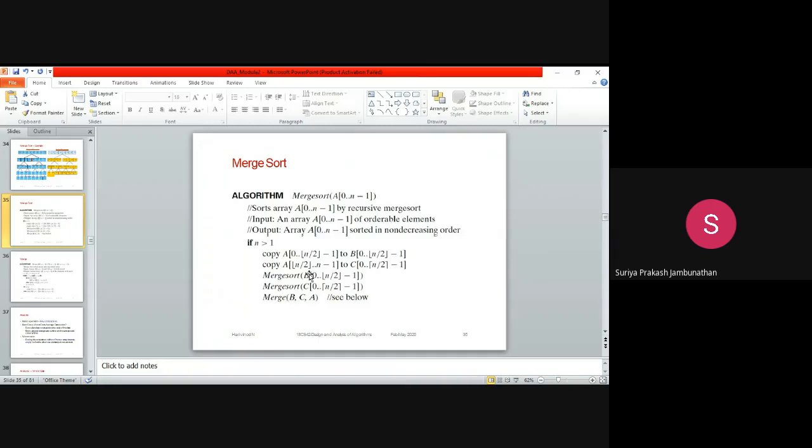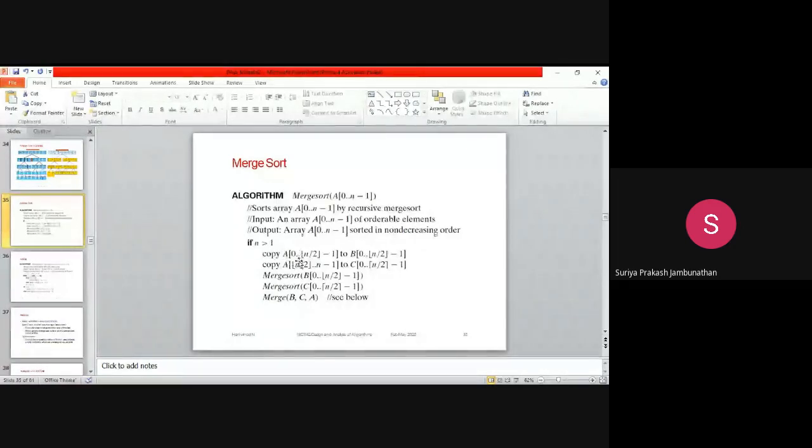Okay. Now let's see the inner part of the algorithm. Until now we discussed what the input for the algorithm is and what output it will display. Now, if n is greater than 1, whatever the size of the input you give, say n is 2, meaning an array of size 2, then 2 is greater than 1 and it will do this operation.